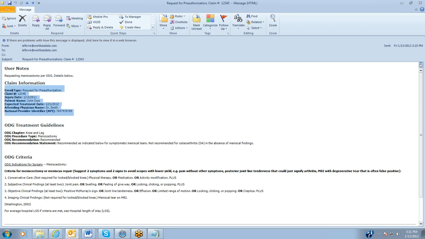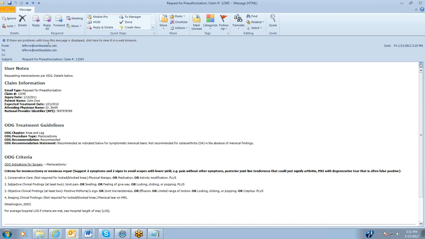Then you see the claim information that we typed in. We've designated this a request for pre-auth. Here's the claim number, the injury date, the patient name, and the expected treatment date. My name is the physician, and my national provider identification number. The nice thing is that all the fields that you populate will come through, and those that you leave blank